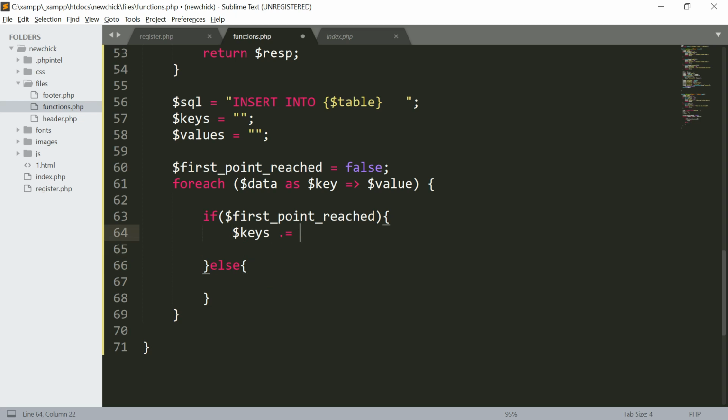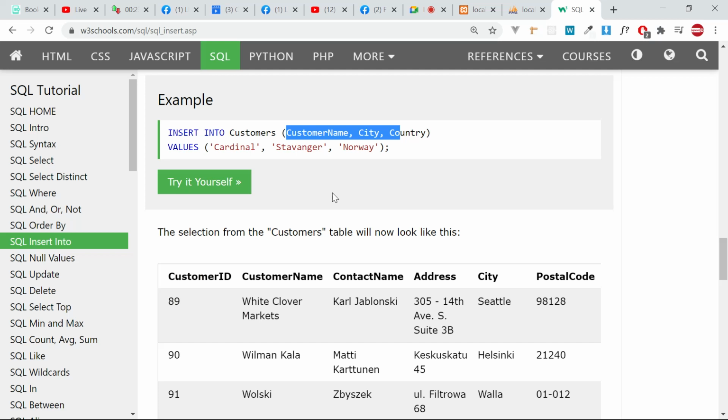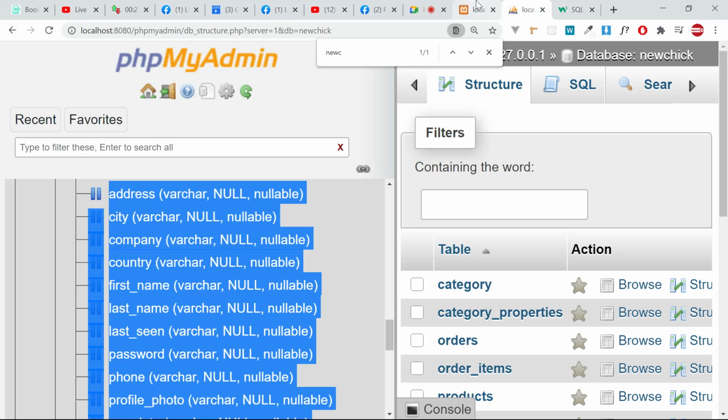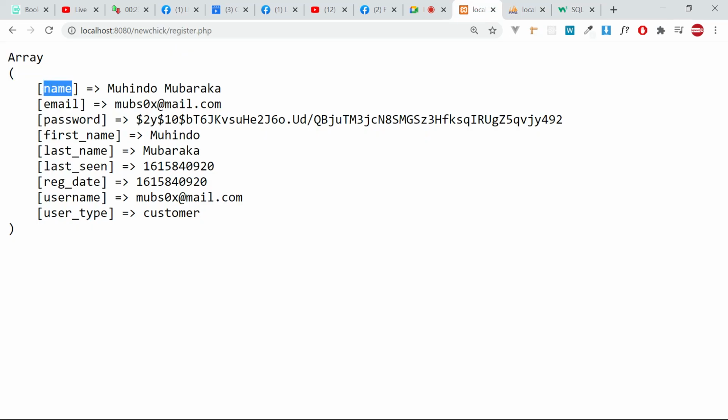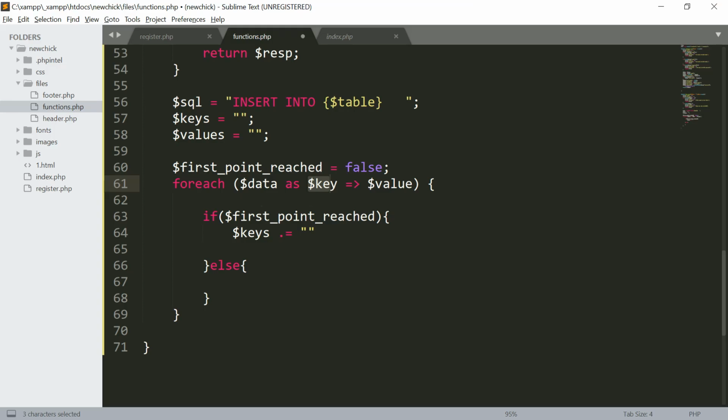If it is the first one, of course I'm going to put this key, because when we loop, the loop will provide for us the key and the value, the key and the value, the key and the value. This key I will make to be a table column name, and this value is going to be the value in that particular column. So I'm going to simply put here